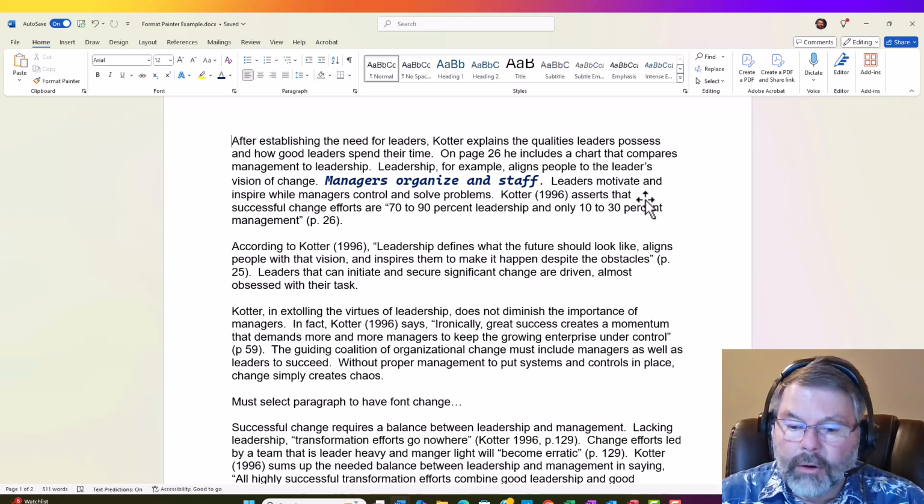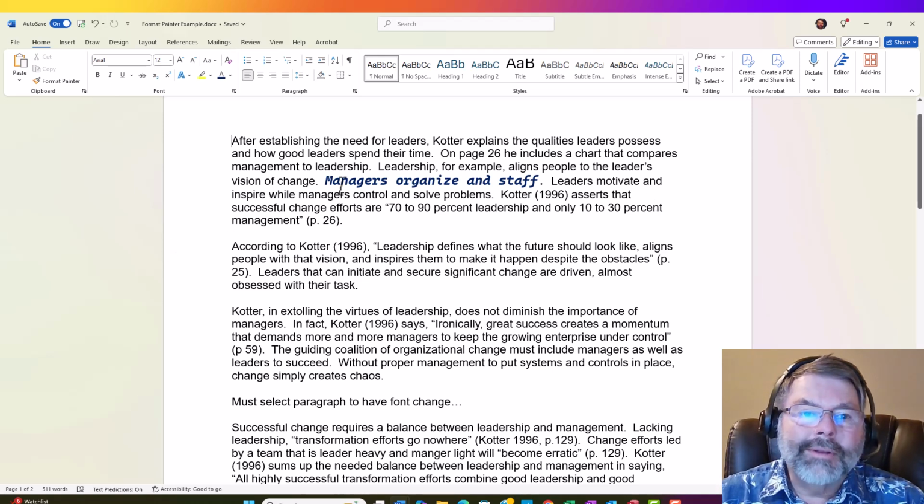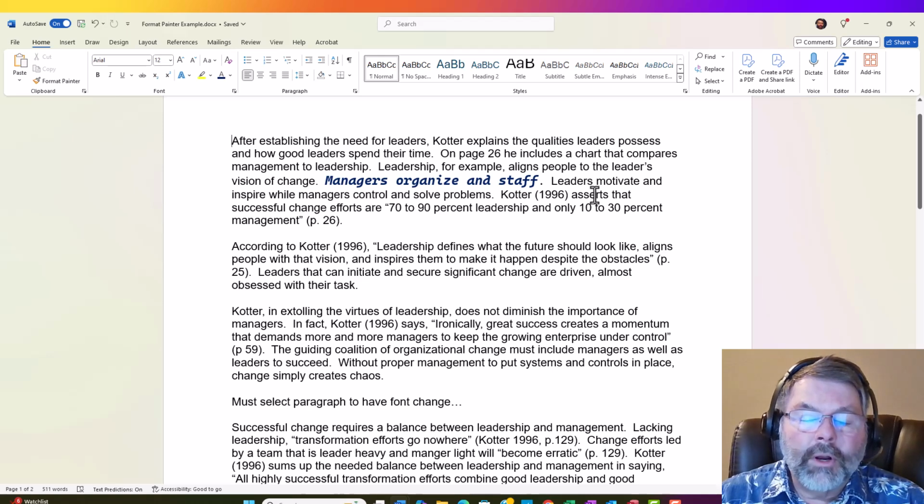Before we get started with that, let me show you a cool little tool. Let's assume that you're looking at this text, managers, organize, and staff, and you're thinking, okay, that's really cool. I want to know exactly what size it is. I want to know what font face it is and what other enhancements like bold or italic it might be using. Well, if you click in the text, you can very easily, if you're on the Home tab,